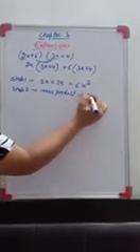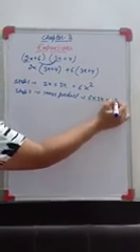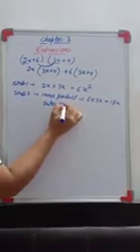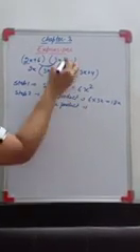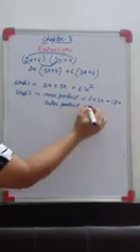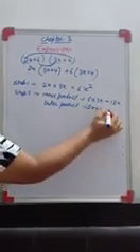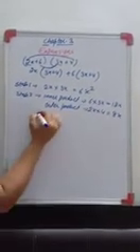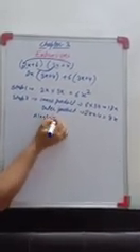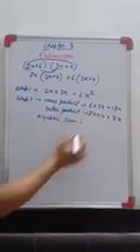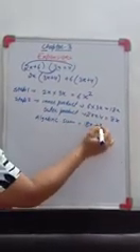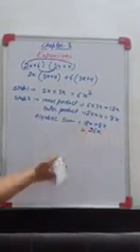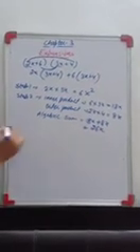Inner product will be 6 into 3x. It will be 18x. Now calculate the outer product. This one. That means 2x into 4. So how much it will be? 8x. Then next is algebraic sum. Algebraic sum will be what? 18x plus 8x. So it will be how much? 26x. Right? So we have done the second step.